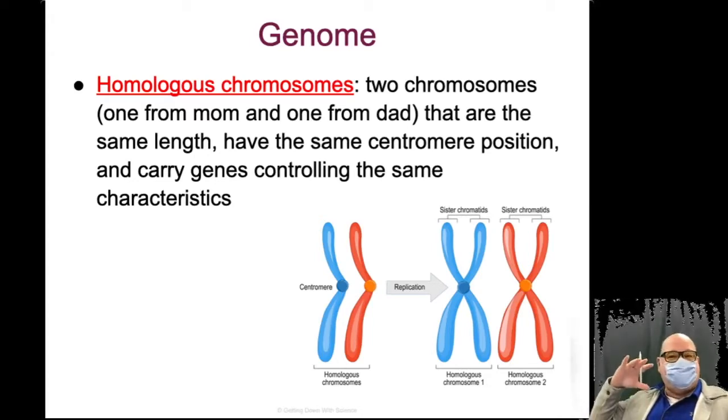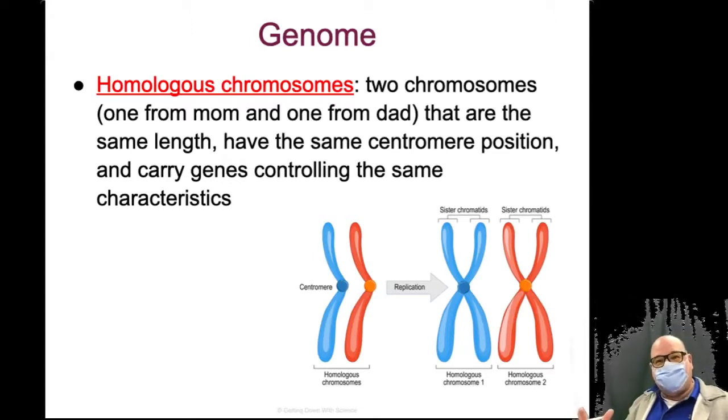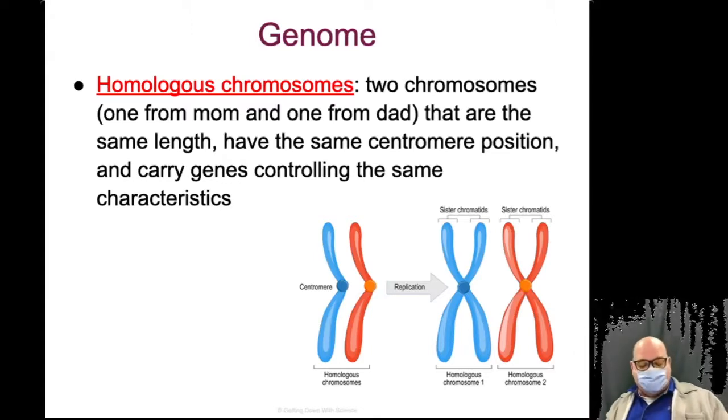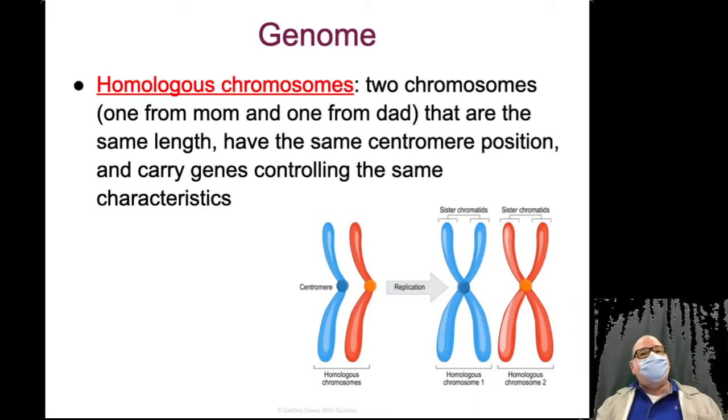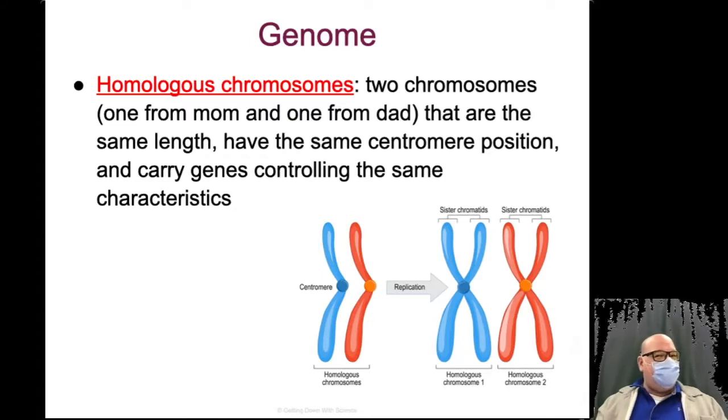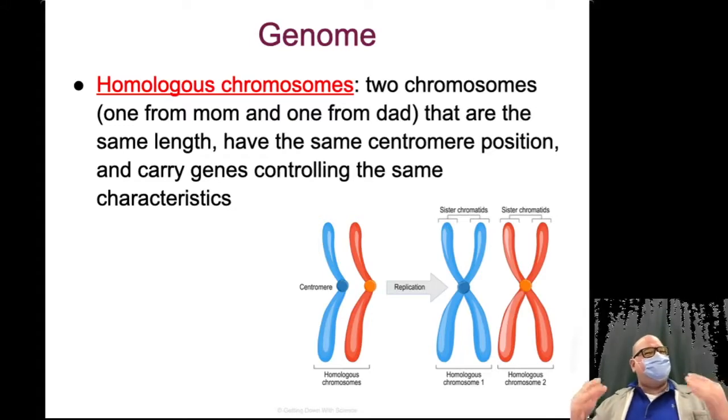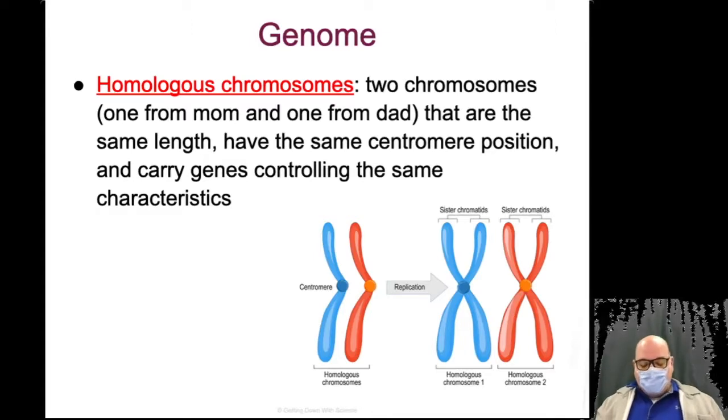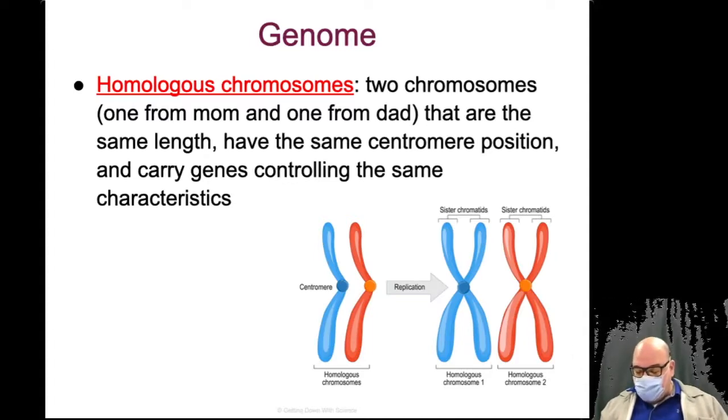So you have 23 pairs of chromosomes. This is like having 23 pairs of socks. Now, homologous means the same, but these are not exactly the same, okay? It's almost like having a pair of socks with print on them. They're usually not exactly the same, okay? What is the same on them is, let's say this is the first chromosome. You have one copy from mom, so I'll draw your little female symbol there, and one copy from dad.